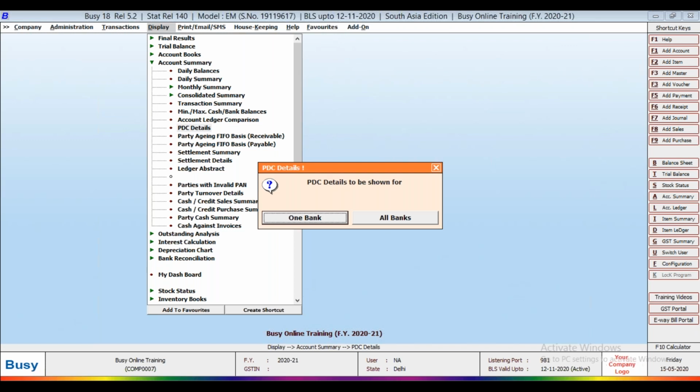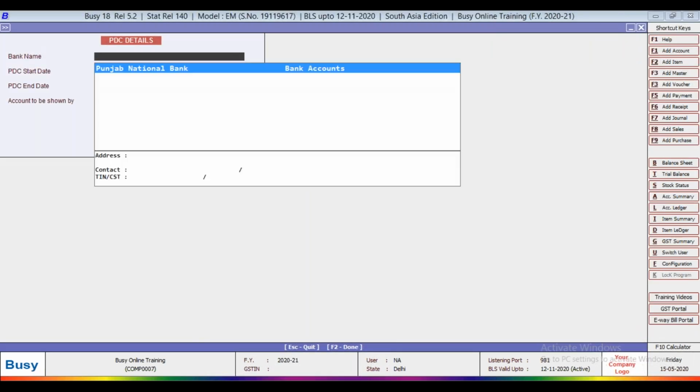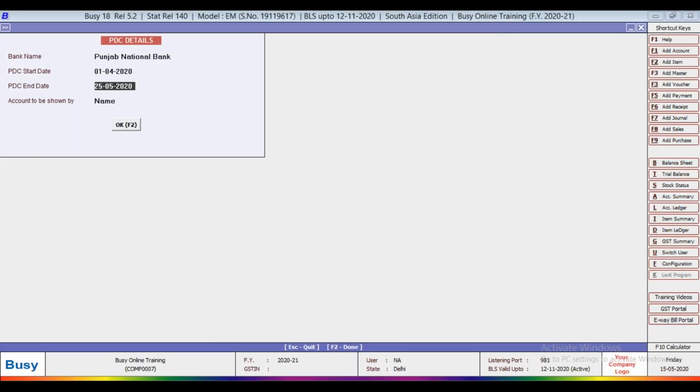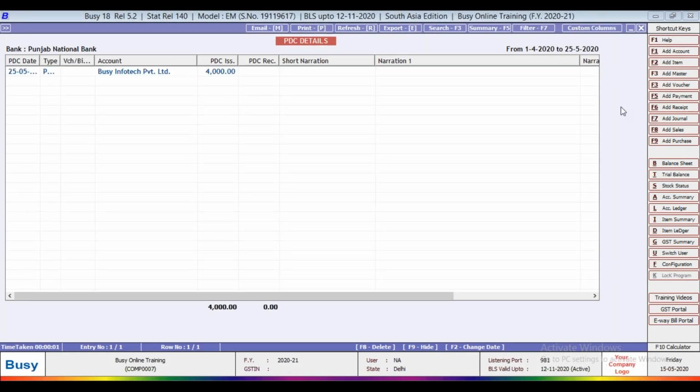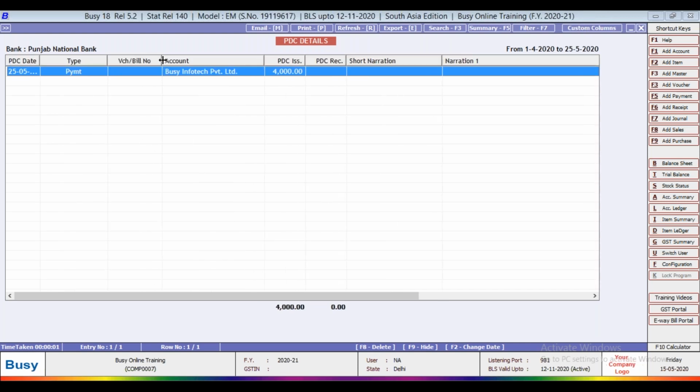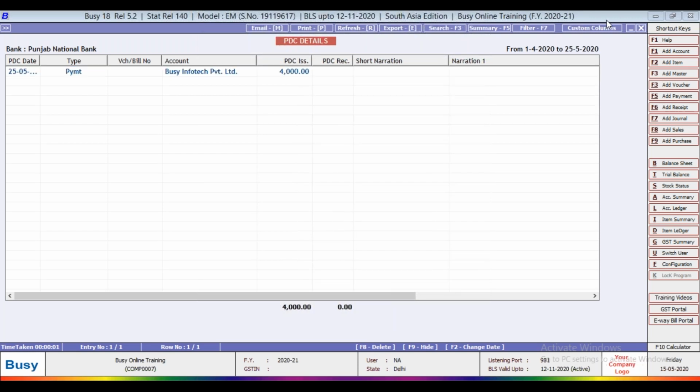PDC detail can be shown for one bank or all banks. We have selected one bank, selected the bank and defined the date. Now it is showing here: PDC date, type, voucher bill number, amount, PDC issued. If you have received, then it will be reflected here. Then narration. So this is the PDC detail.